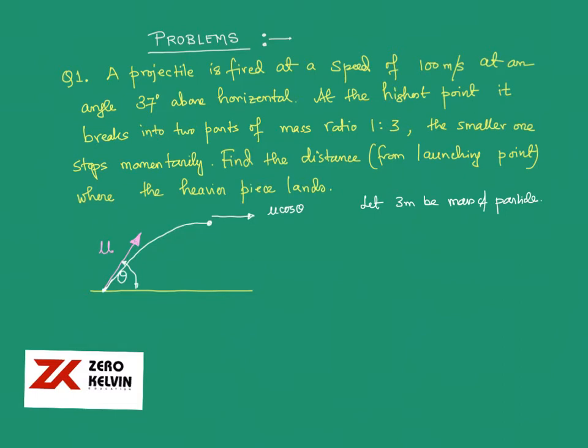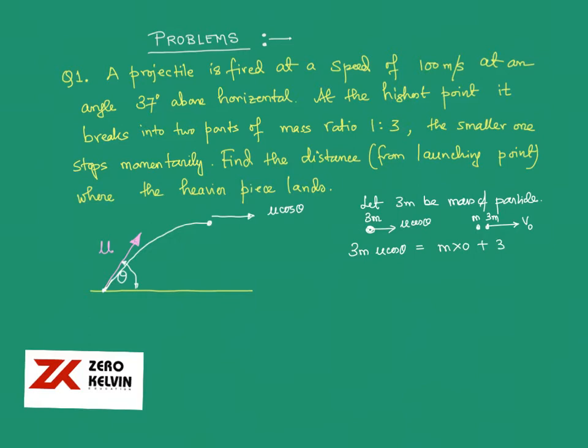So when it breaks up, before the breaking up, this is 3m moving with a velocity u cos theta, and after collision m happens to be at rest while 3m moves, suppose it moves at velocity v0. So we have to find this v0 first. Okay, so you can conserve momentum. So 3m multiplied by u cos theta is equal to m multiplied by u plus